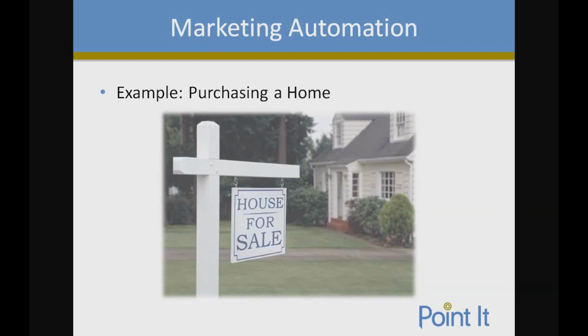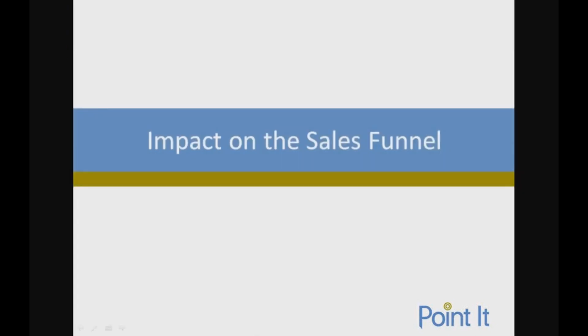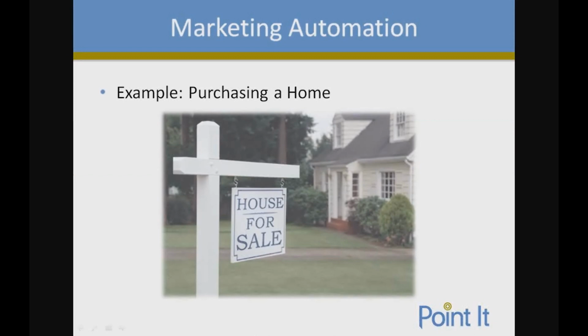So my best example of marketing automation, bringing it back to real life, sometimes helps a bit, is talking about how marketing automation relates to your life. So we're going to talk about your relationship with a real estate agent in terms of purchasing a home and how this relates back to automated marketing. So if you were to reach out to a real estate agent and say, I'd like to meet with you, we'd like to chat with you about a purchase that we'd like to make, we'd like to purchase a home.